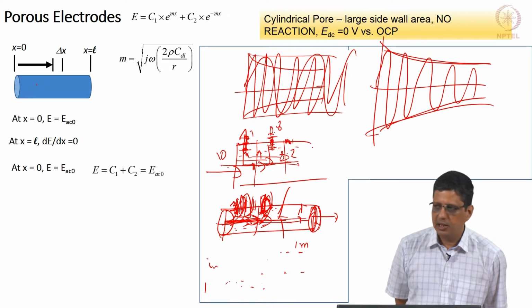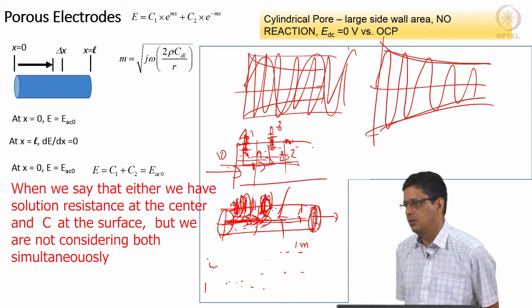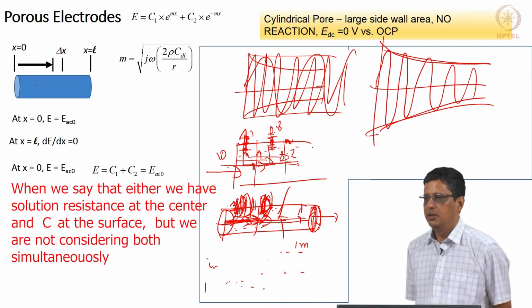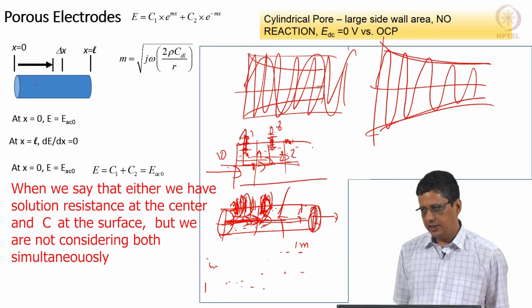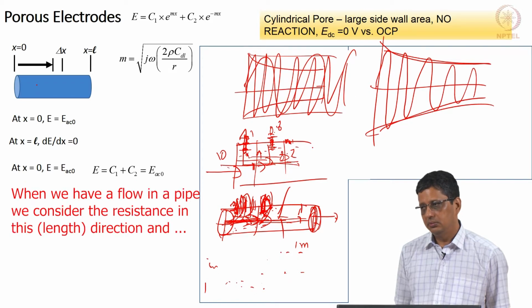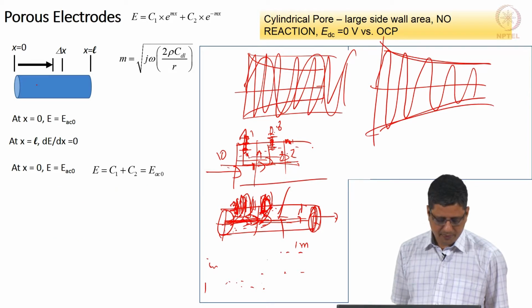No, we are also considering double layer capacitance. No, when we say that we have either a solution resistance at the center and we have a CDL resistance at the surface, at the surface. Yes. Right. But we are not considering both the things simultaneously. When we have a flow in a pipe, we consider there is a resistance in this direction. If there are some other pipes, we are considering them simultaneously. See, one of them,